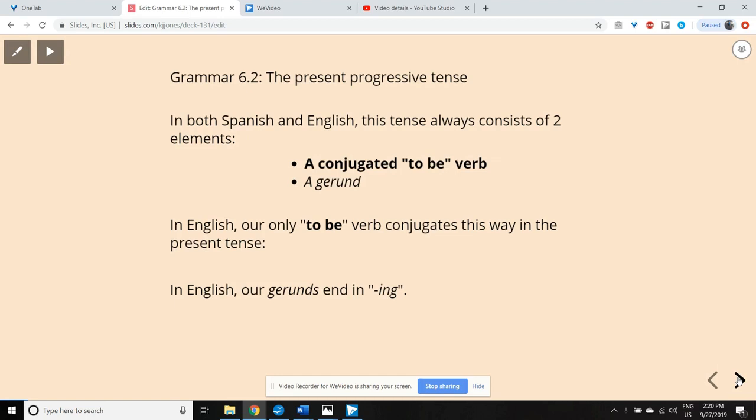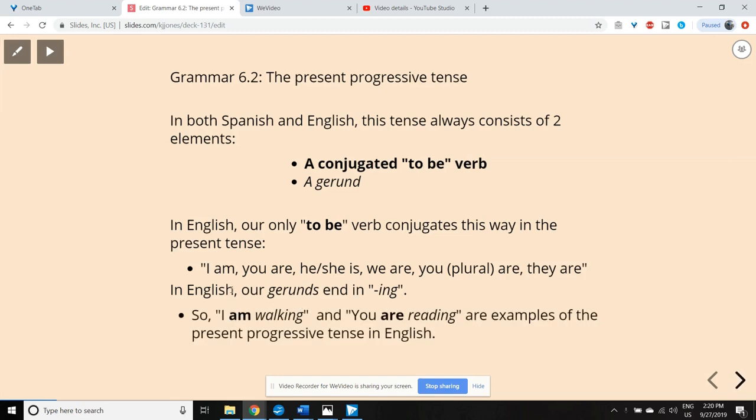In English, our only to be verb, we only have one, conjugates this way in the present tense. I am, you are, he, she, is, we are, you are, they are. We know this. And in English, all our gerunds end in ing. So the sentences I am walking and you are reading are examples of the use of the present progressive tense